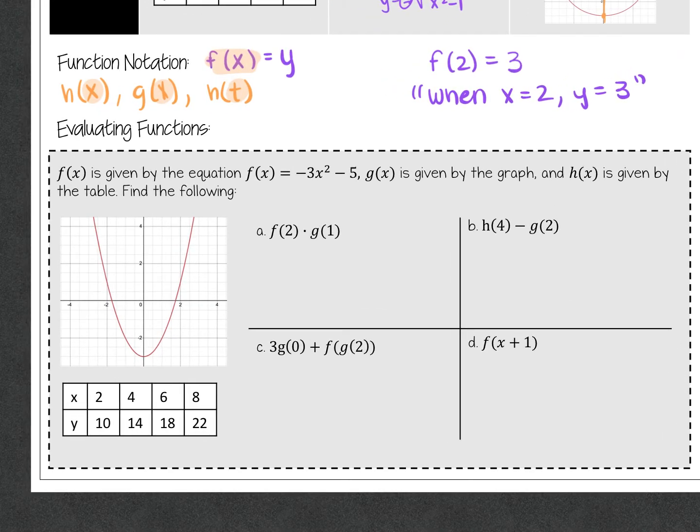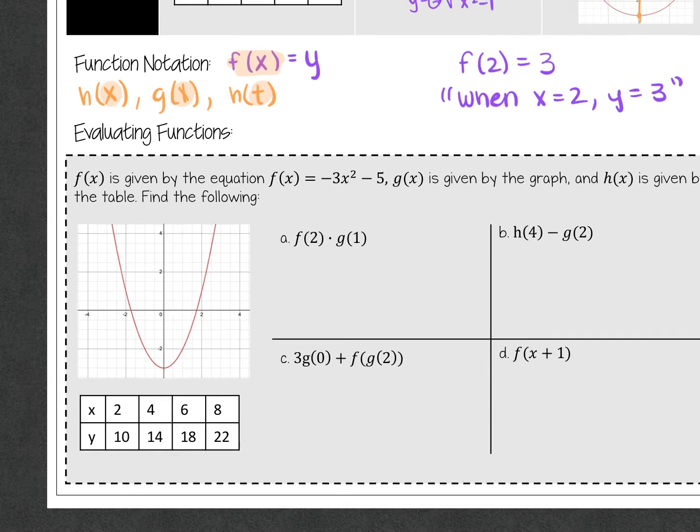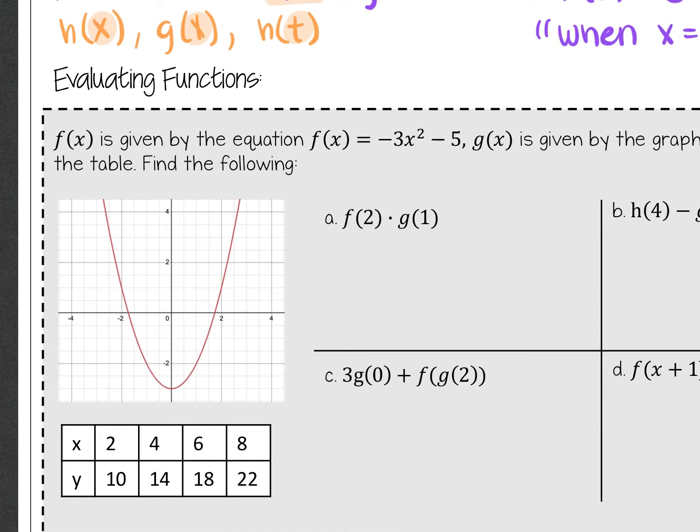We've got f of x given by the equation negative 3x squared minus 5, g of x given by the graph, and h of x given by this table. We want to evaluate all of these different functions. Let's start with A. We're first starting with f of 2. So f of 2 means I'm going to plug 2 in for x into this expression. So I have negative 3 times 2 squared minus 5. That's f of 2